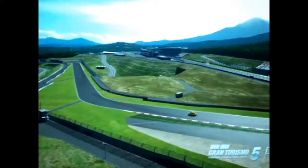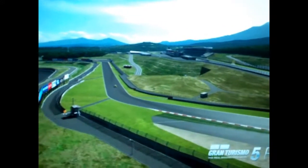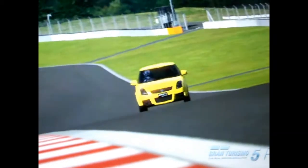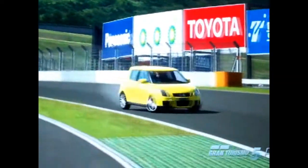Not true either. The Suzuki Swift is a very, very good car. But I know one, maybe more, but one car which clearly is